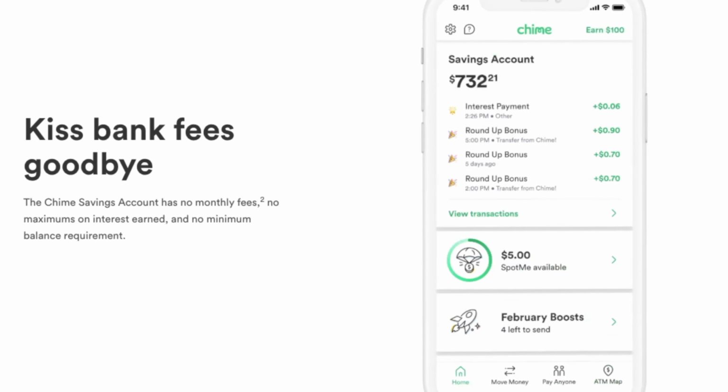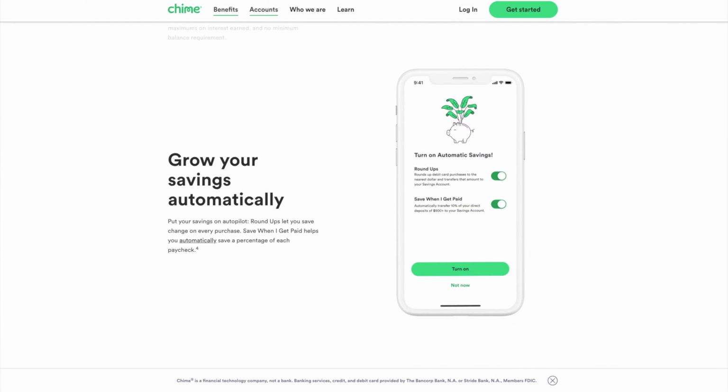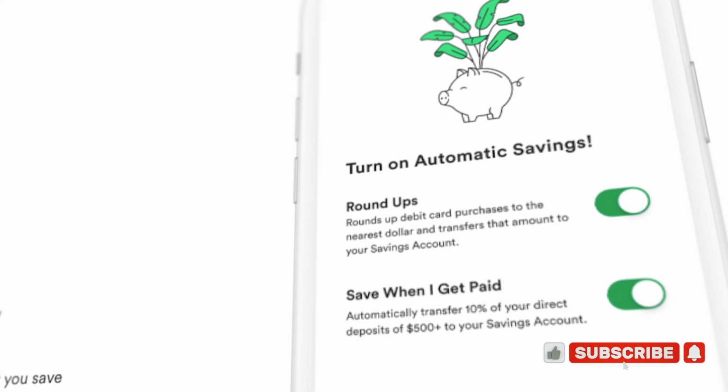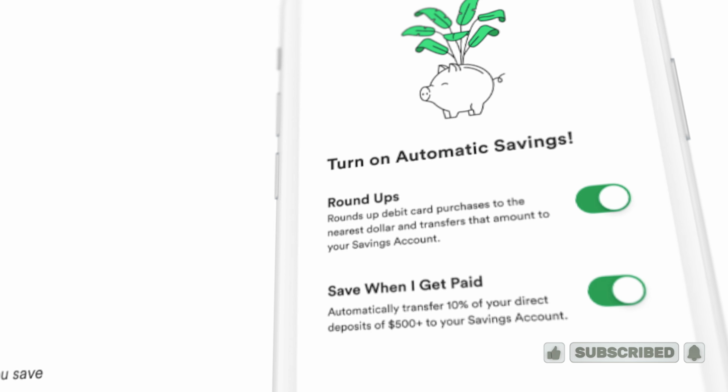Again, here, there are no monthly fees for this account, and there are some automation tools that will help you to save more quickly. The first is roundups. When using your debit card, for every purchase that you make, Chime will round up to the nearest dollar, which means if you make a $4.75 purchase, then they would round up to $5 and put 25 cents in your